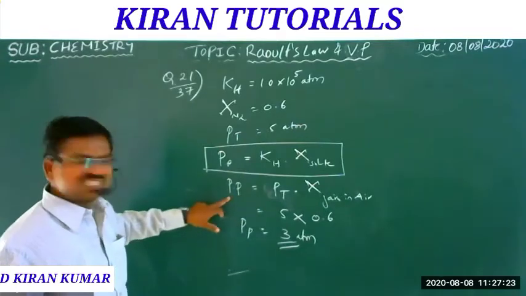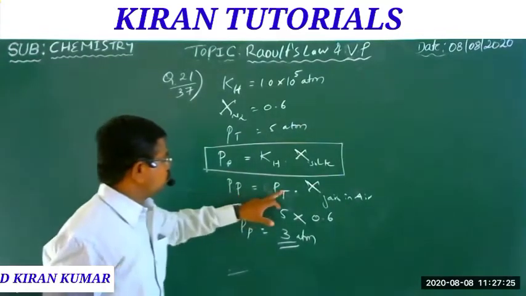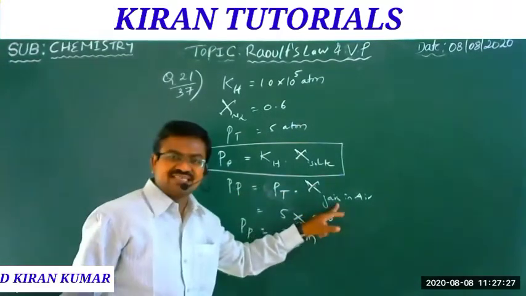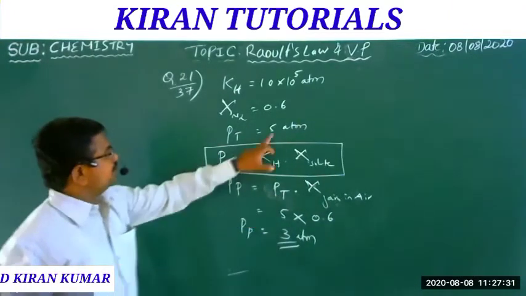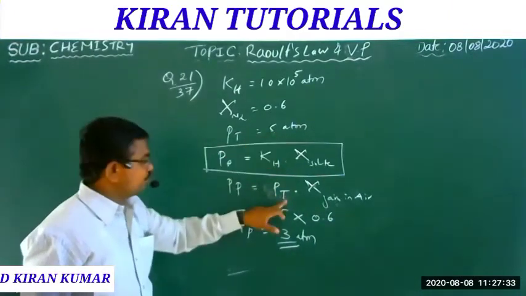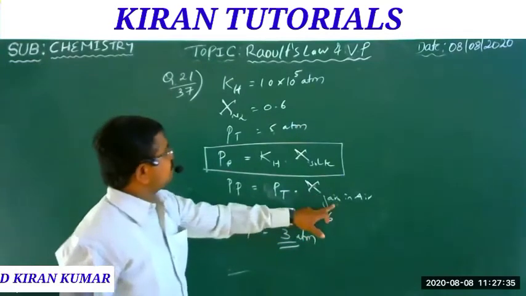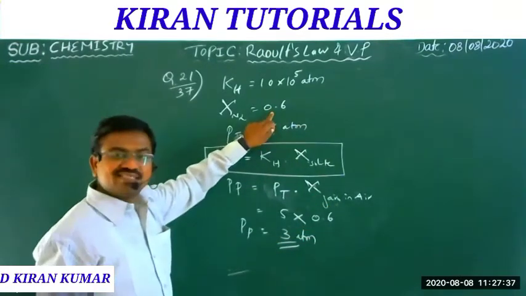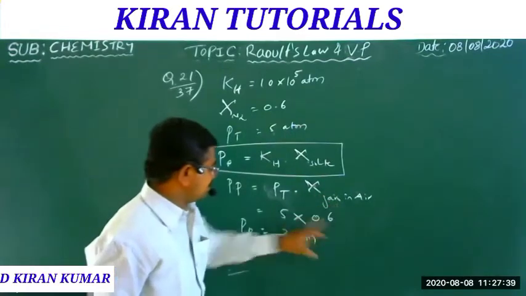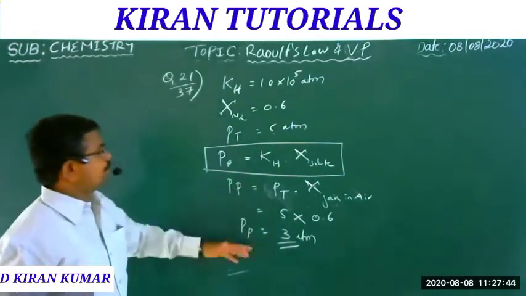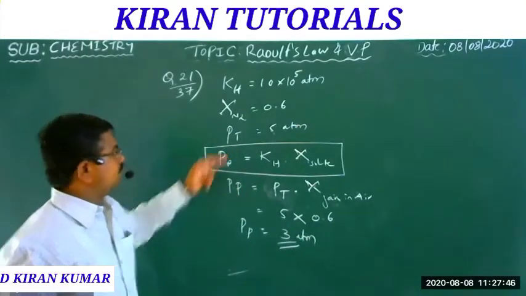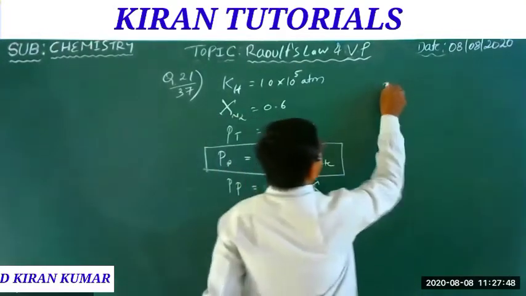To calculate partial pressure, partial pressure equal to total pressure into mole fraction of gas in air. Then what is the total pressure here? 5 atmosphere. So 5 into mole fraction of gas in air 0.6. So 0.6 into 5, that is 3. Then if you substitute in this formula, partial pressure 3 equal to